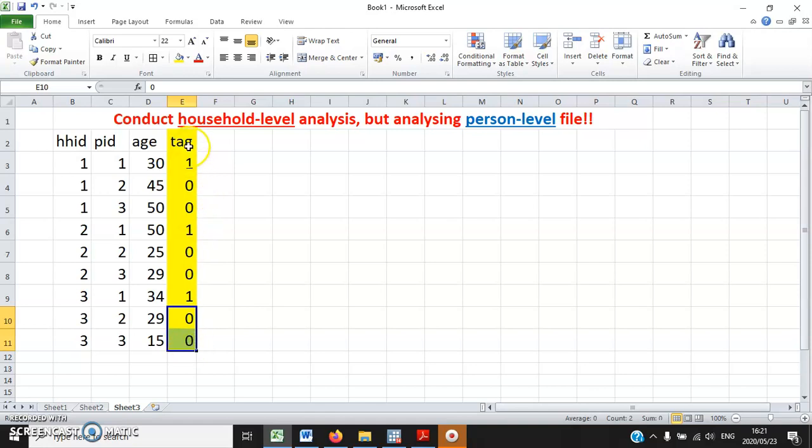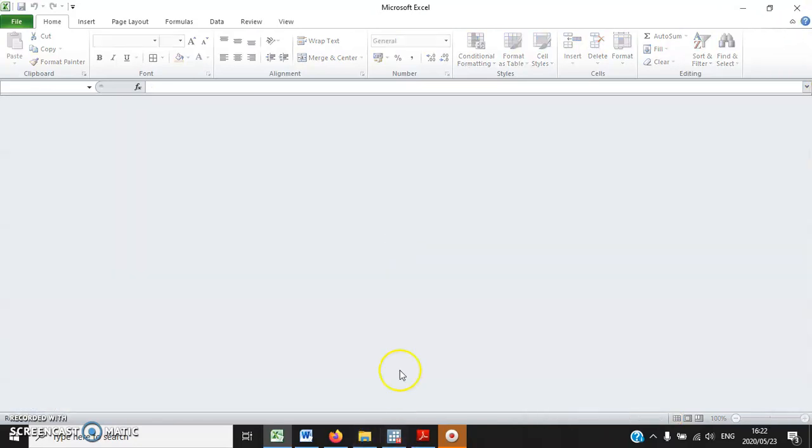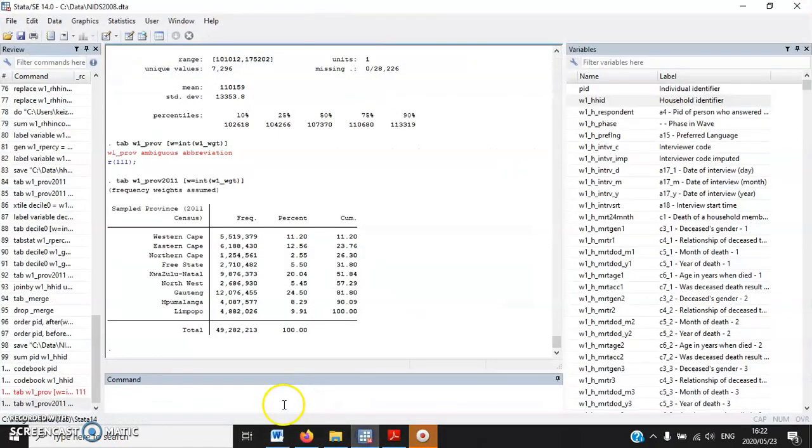And then once we created the tag variable, we can conduct some household analysis. We can type certain commands, but we have to specify if tag equals 1. So the restriction if tag equals 1 actually means please only count 1 person per household, so that we don't commit double counting. But you are not going to manually type 1 for every single household. It is going to take you ages. Remember, there are